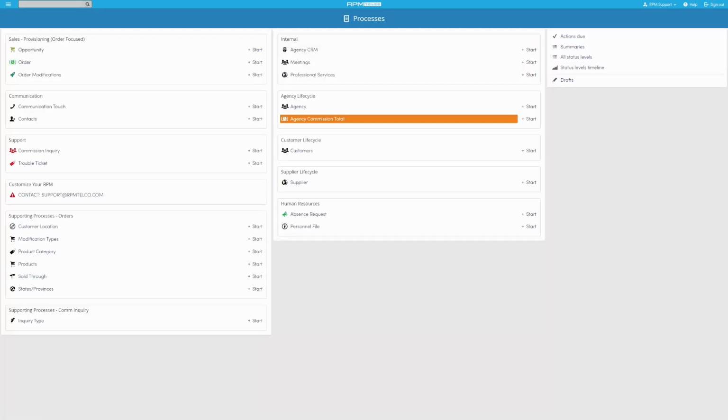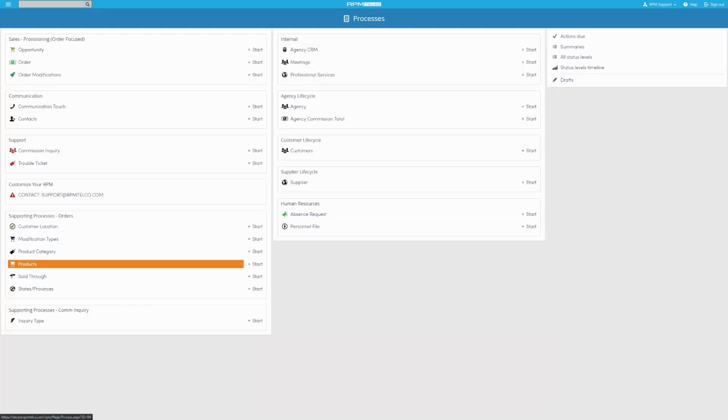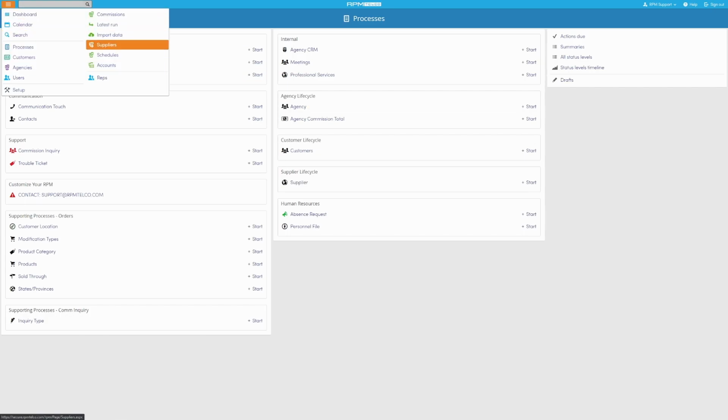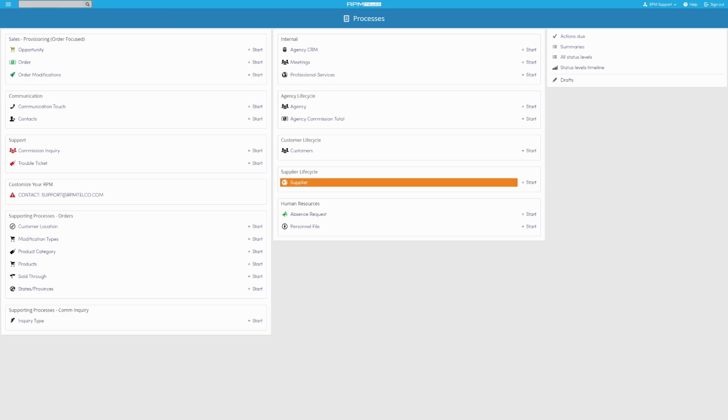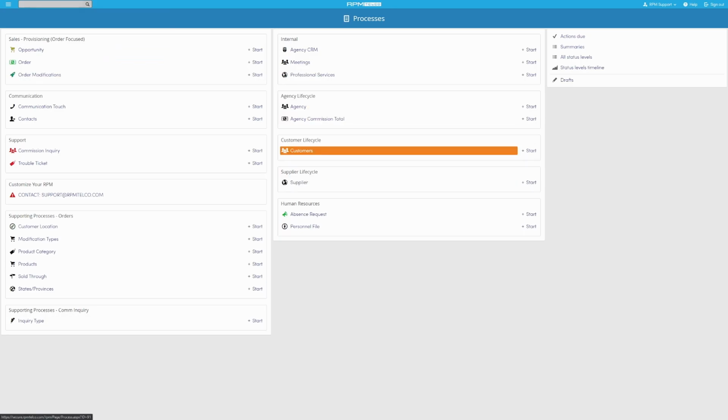Another thing you can do with a supplier reference, you can relate it to a product and a product category and start building an inventory inside as well. And same thing, you can pull in the actual commission totals from your commissioning side of RPM from the suppliers page directly into your suppliers process, make leaderboards, reconcile, anything like that. So now that I gave you a quick demo of those processes, I just want to talk about